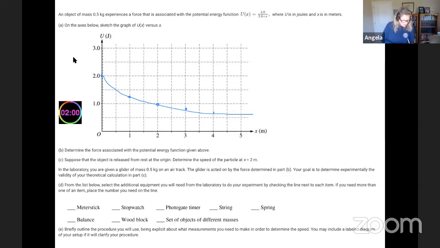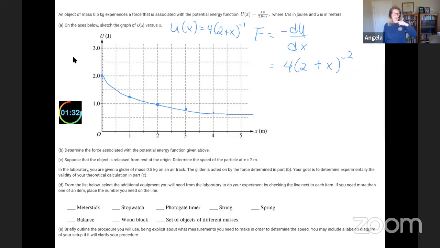Okay, so force is negative dU/dx. I did the graph for you. I think you guys can all get that. So we're going to take the negative derivative of this function, 4 over 2 plus x. So it would be 4 times 2 plus x to the minus 2, right? The original function U of x is 4 times 2 plus x to the minus 1. So take the minus 1 out front and then take 1 away from the exponent. Okay, so there's your